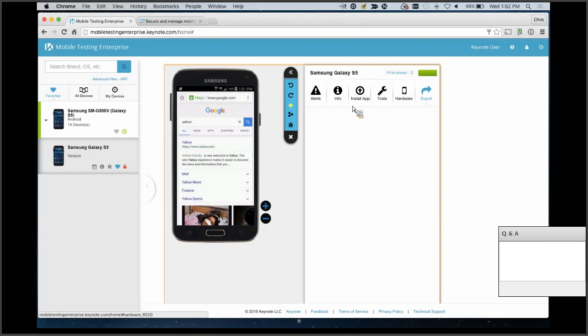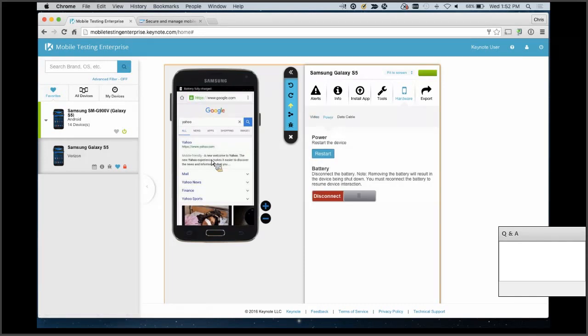The other thing we can do is do some interrupt testing with the battery of the device. So even though the device is remote to you, you can see what happens if a user is in the middle of doing something. Good example would be doing a balance transfer from one bank account to another in your banking application. What happens if that's right in the middle of transferring and the power to the device dies? We can actually test that here and see what happens if the battery dies. Does the transaction complete? Do they get some sort of error or recovery message when they then power back on